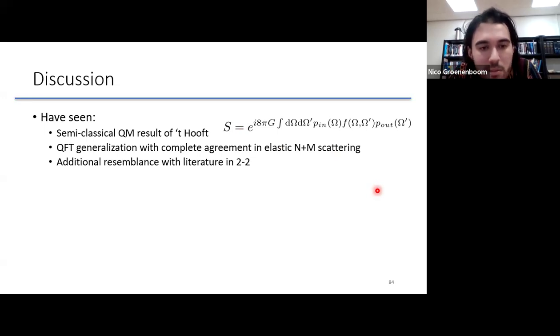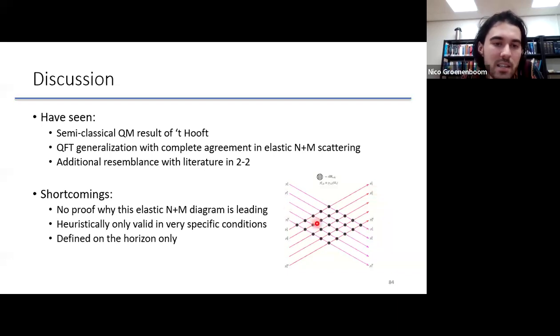So with the log of the B and the Schlesinger-Eikonal amplitude in the 2-to-2 resummation. And some shortcomings of this specific diagram is that we have no proof why this specific diagram would be the leading contribution. Heuristically, we can argue that this is only valid in very specific conditions, which is if all of the particles are sufficiently far away separated so that they exchange little momentum. But all of the individual Eikonal scatterings would also need to happen in a different time frame, because otherwise we can expect the gravitons to start mixing. So this is a very specific